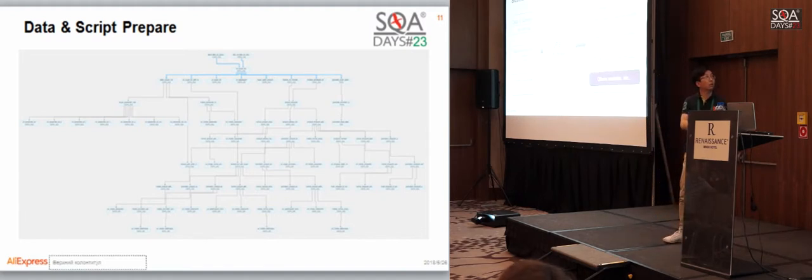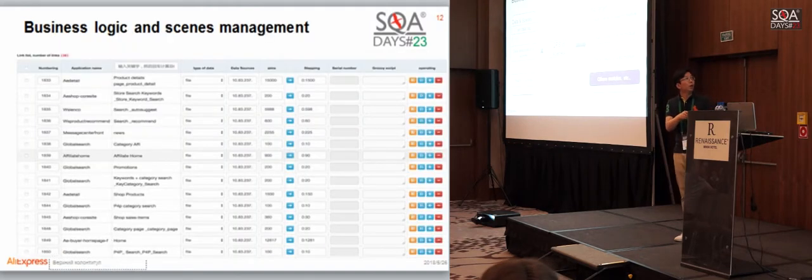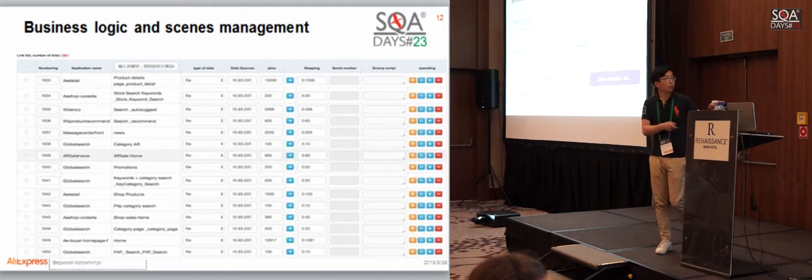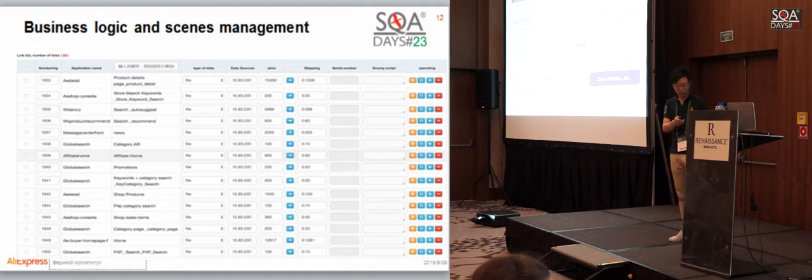And for the business and the logic scene management, we will record all the data and our chains in our management system. So here is the management system for the shopping cart. If I use the shadow tables, it means it is write chains. And the formal tables are for the read chains. Everything is multiples of the QPS of the scenes, so we can achieve our business target, the peak value of every module.